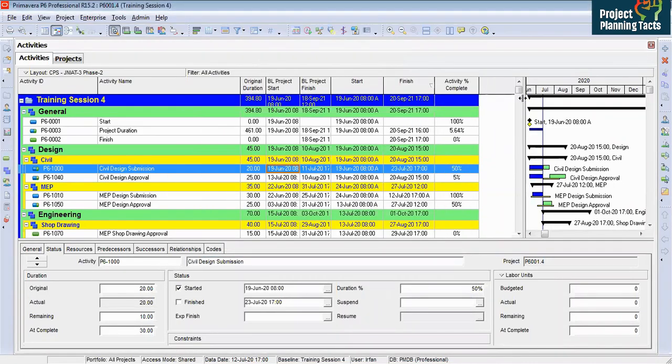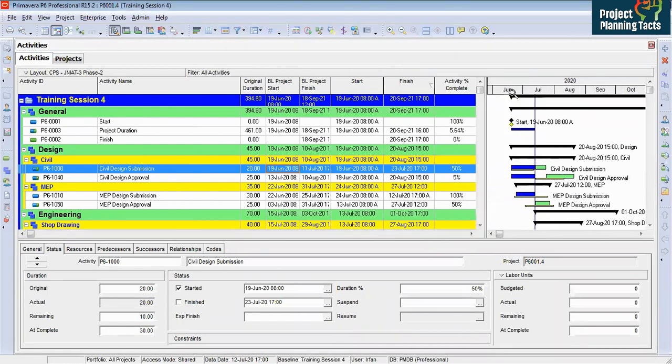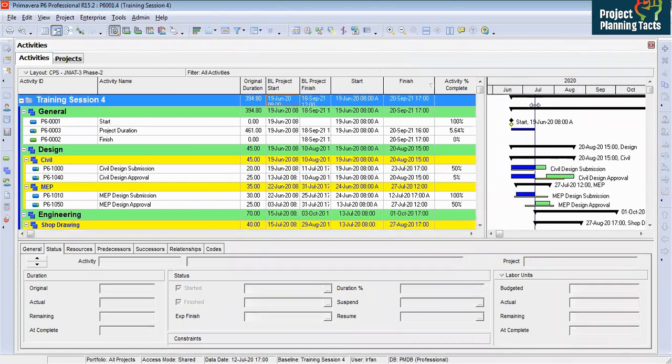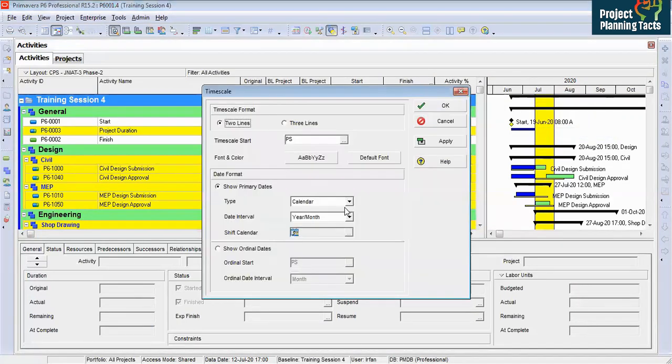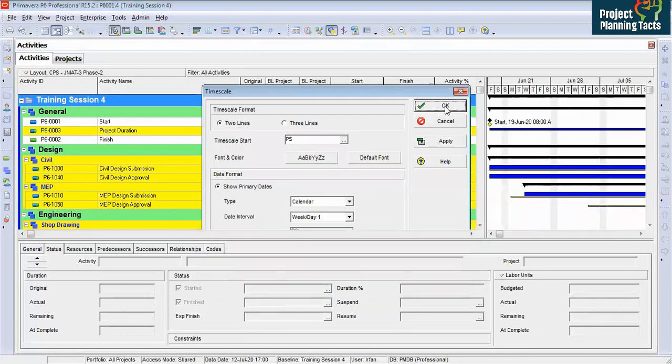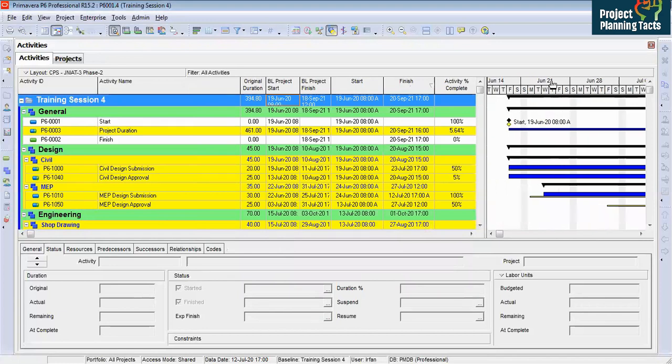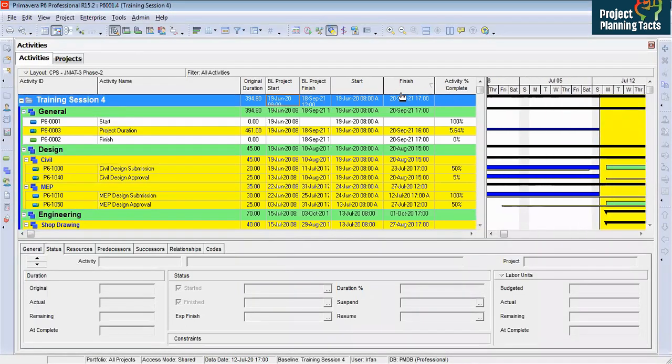And then I'm going to show you on the Gantt chart that this is my start date. And this blue line is showing the cutoff date, the data date that we have set. Let me take days here on the time scale so it will give more clarity. Okay. So here, that is my 19th June, and then we have covered the progress until 12th July. So Sunday is 12th July.